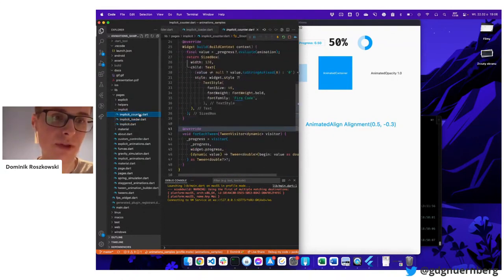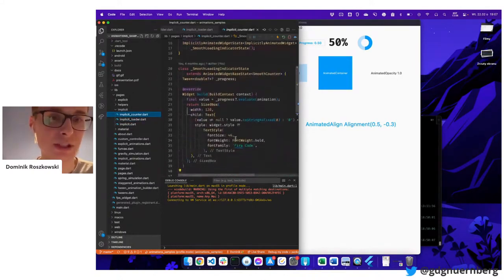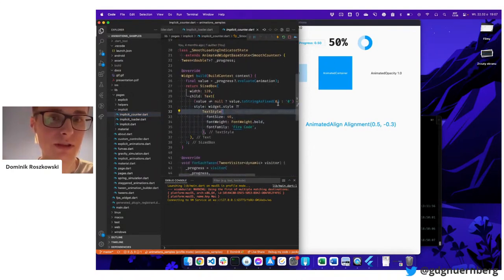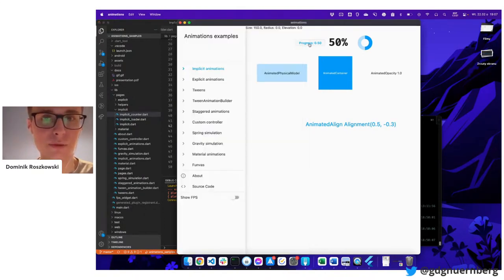And the same goes if you have a text value: the structure is exactly the same, with the exception that instead of rendering the circular progress indicator, now we are just rendering text, right? So we have a text, and it just has some styling, and we format the string appropriately. But in practice, this method is exactly the same as the previous one, and this way we have this nice smooth loading.